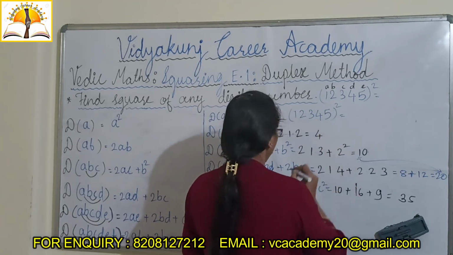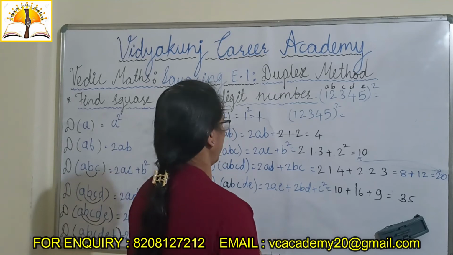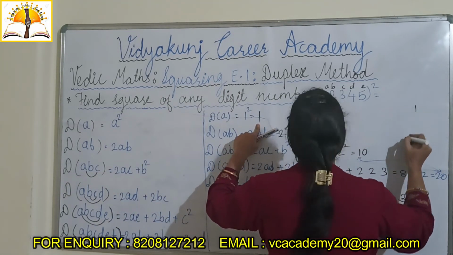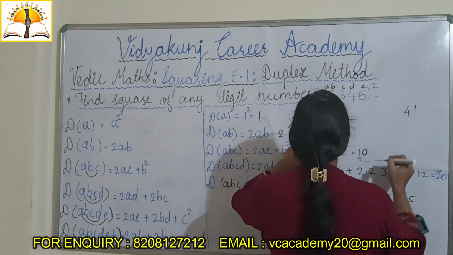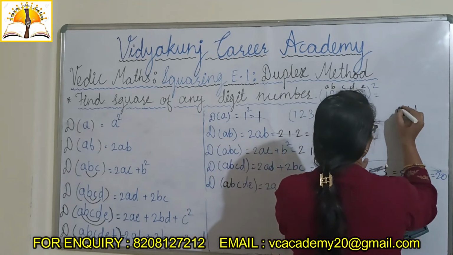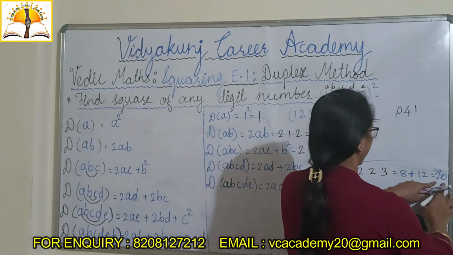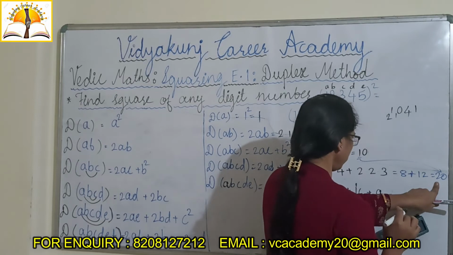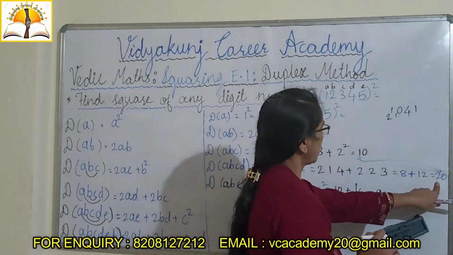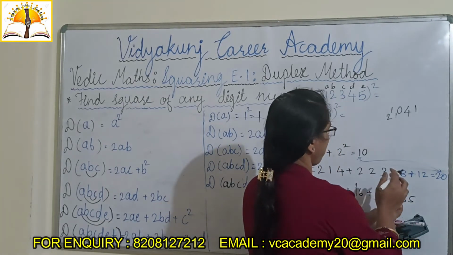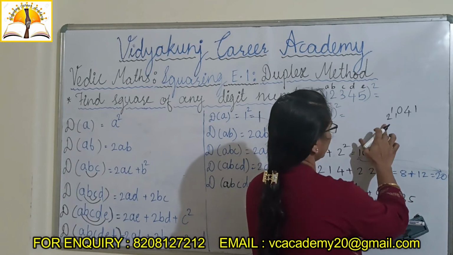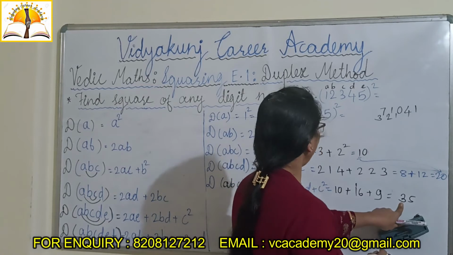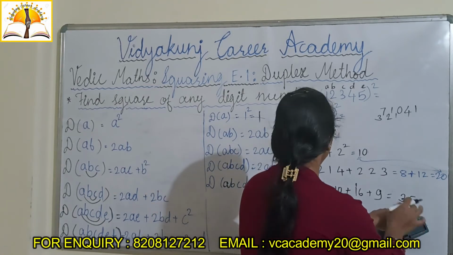Okay, I will write here with carry and below I will write without carry also. I have to write from the right side. 1, 4, 10 means 0, 1 carry, and here 20, 20 plus 1, 21, 2 carry. Okay, 35, 35 plus 2, 37, then 7 here, 3 carry, and again I have to go backward.